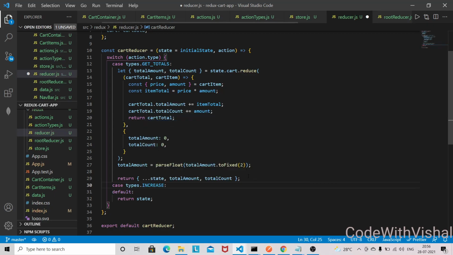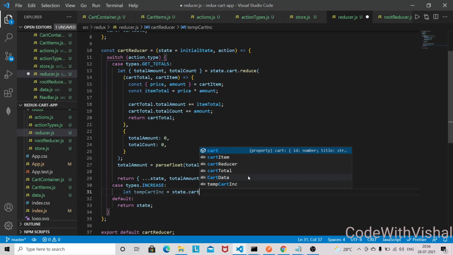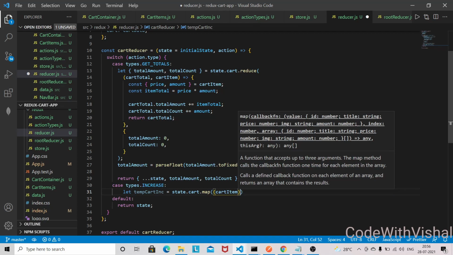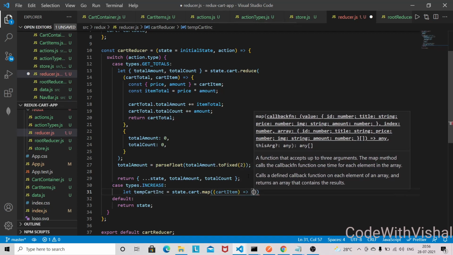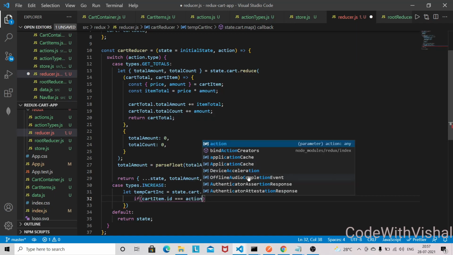Okay, so we have added that case, and let's use a variable here. So temp cart increase. State dot cart dot map, cart item, and if cart item dot id is matched with the action dot payload.